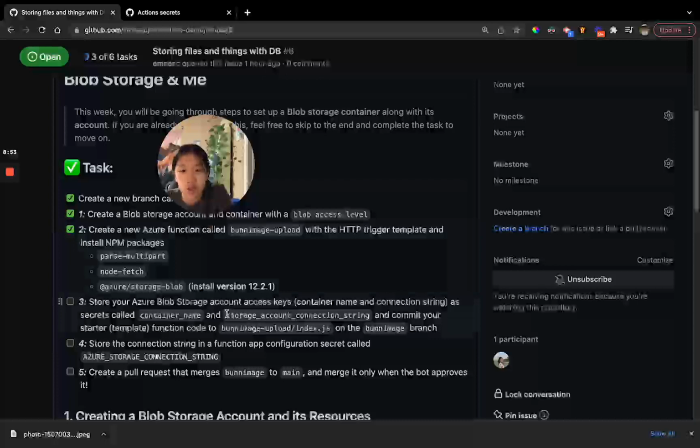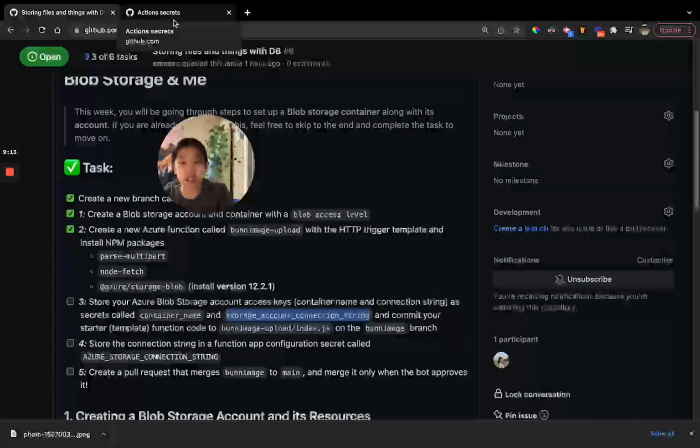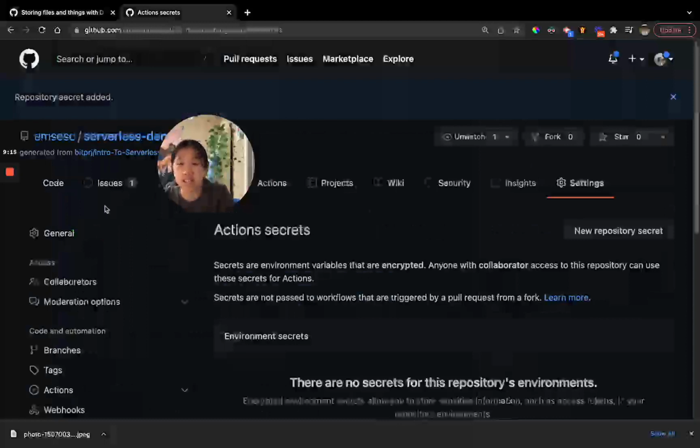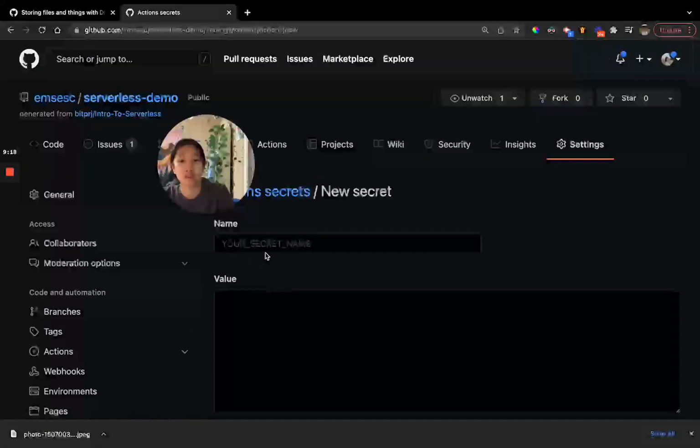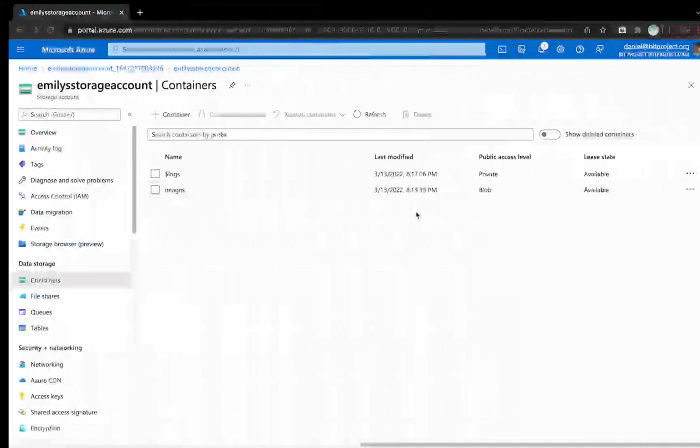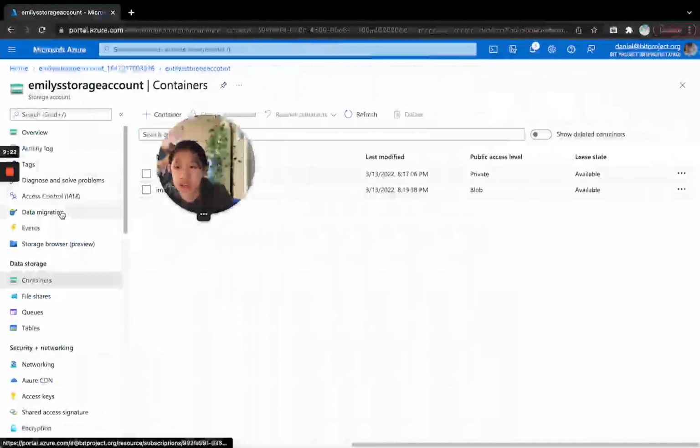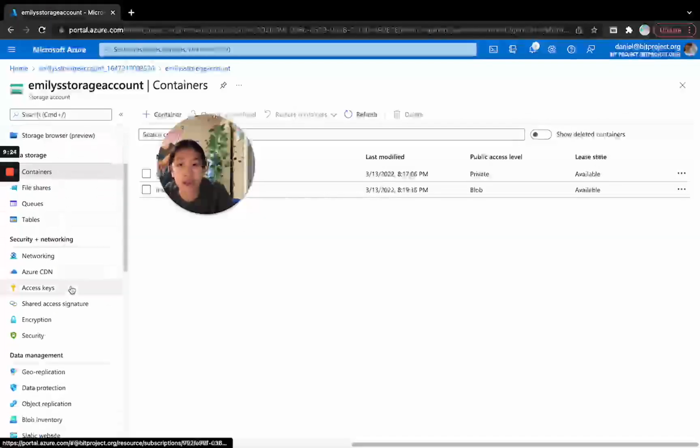So it says storage account connection string. So remember we talked about the difference between account and containers. Our account is the overall overarching circle, I guess you could say, and our containers are within that circle. So this connection string is going to allow applications to connect to your account in order to access your containers. So let's add that storage account connection string, and the way you can find that is in a lot of Azure